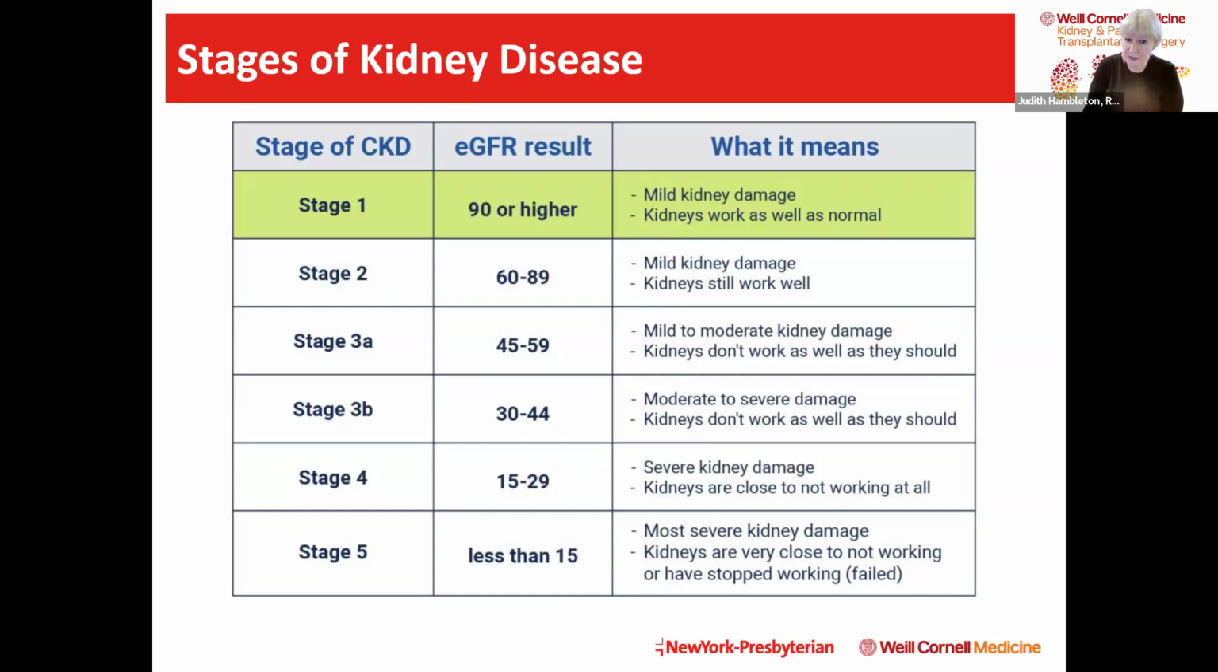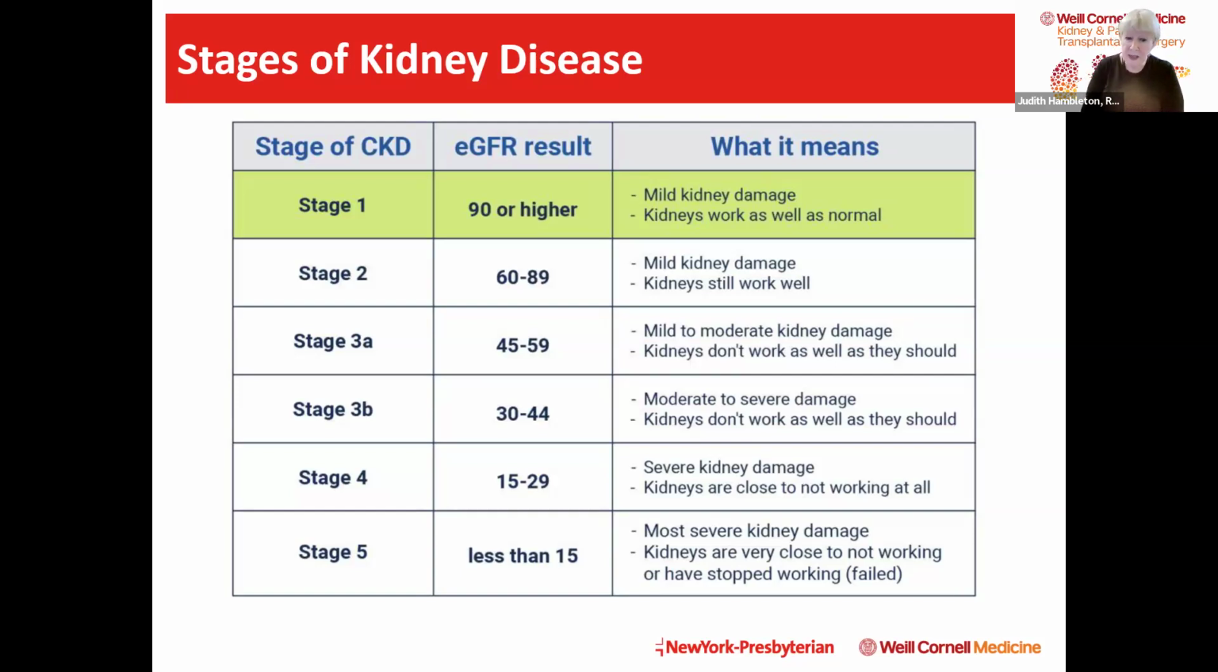Stage 3A is 45 to 59. This is showing mild to moderate kidney damage. Kidneys aren't working quite as well, but probably not having any kind of symptoms, walking around completely unaware. Stage 3B was the GFR of 30 to 44. This is showing moderate to severe kidney damage. The kidneys aren't working as well as they should, but again, probably not having any of the symptoms that Eliza